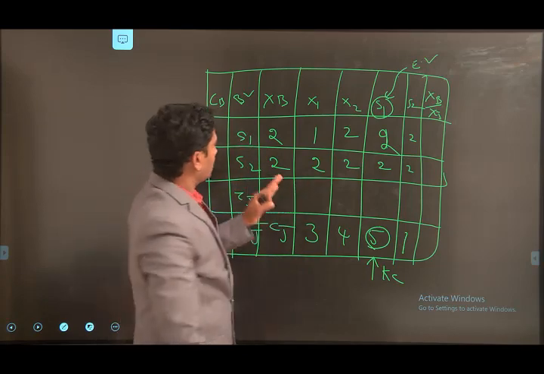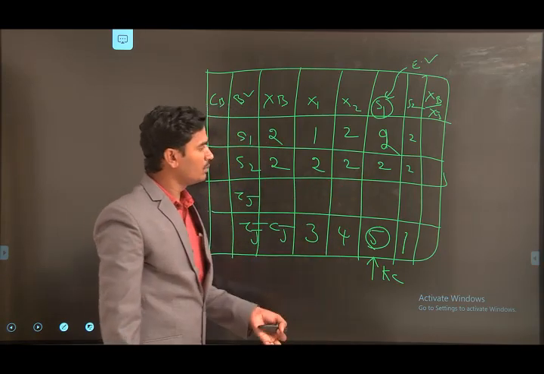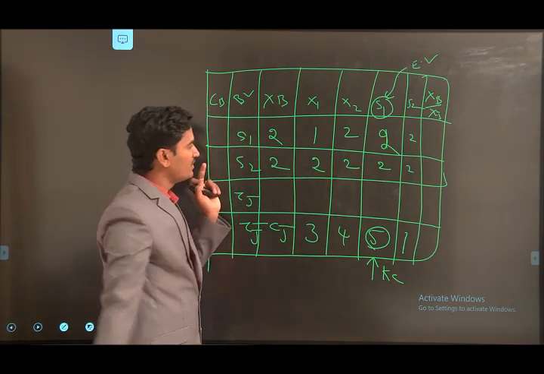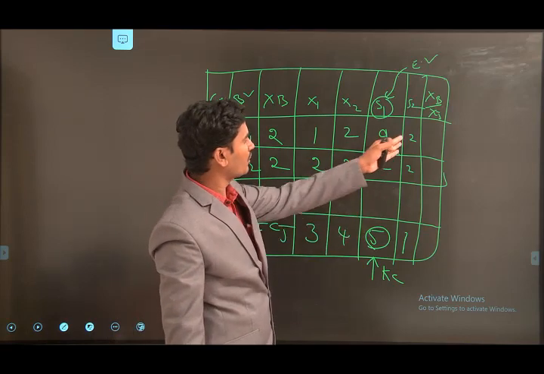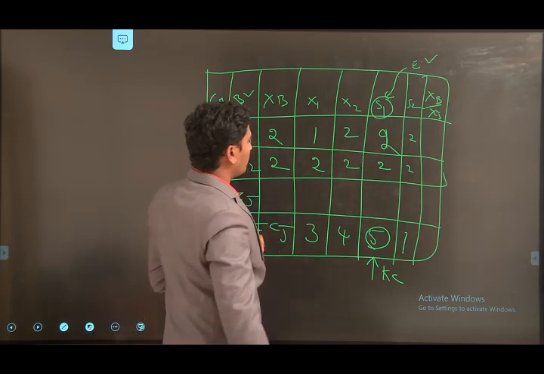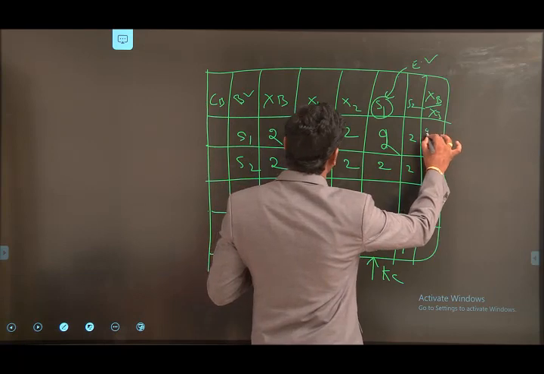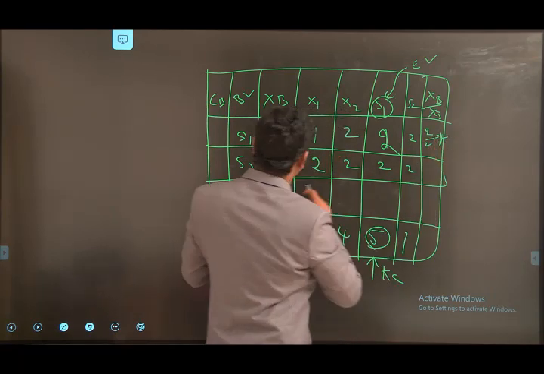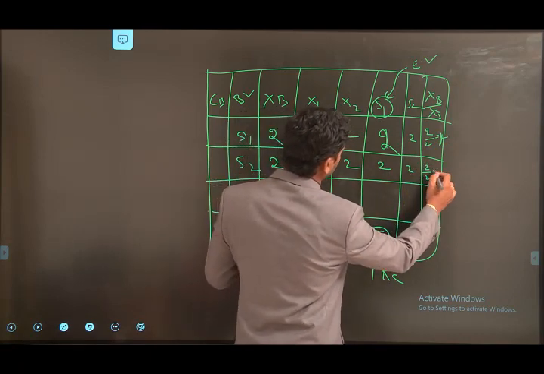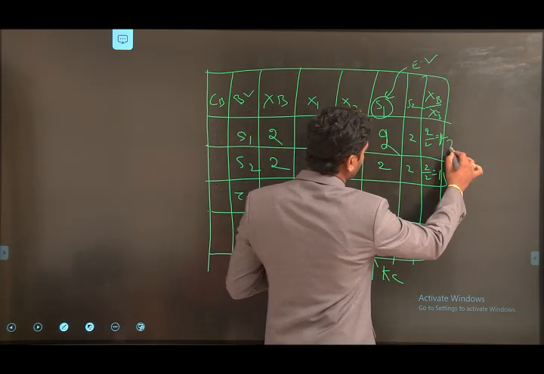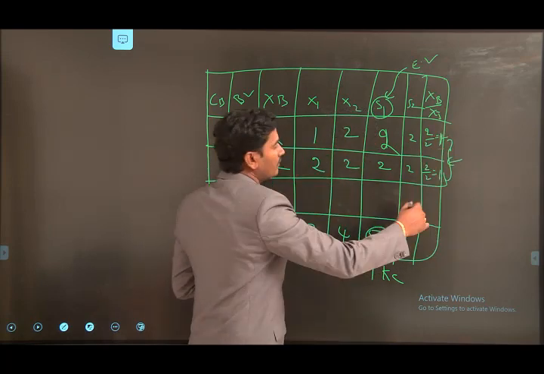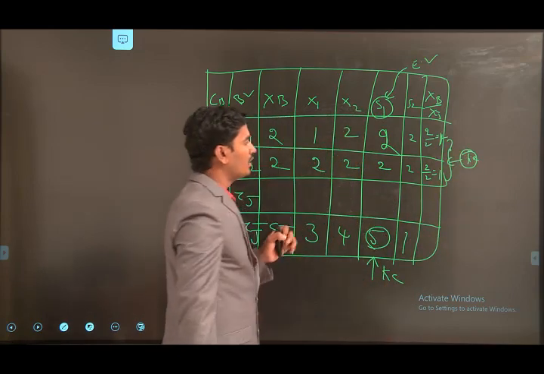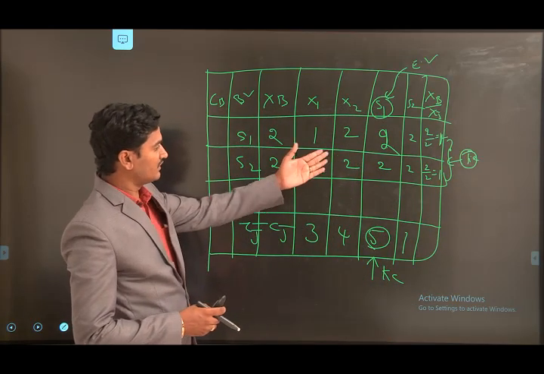Okay, here how are we finding the leaving variable? How do we find the minimum ratio? Here, from XB, the solution value of the basic variable, and the key column, from this we are going to identify the key row value. Here XB is 2 and the key column value is 2, so the ratio is 1. Coming to the second row, 2 by 2, here also we get 1. Here we have a tie.